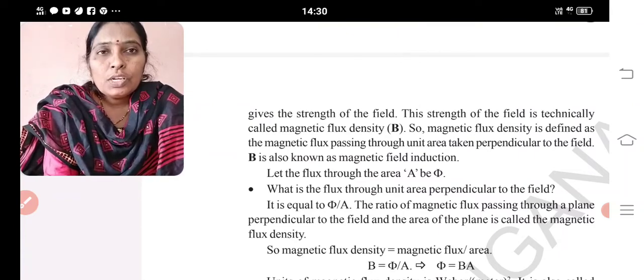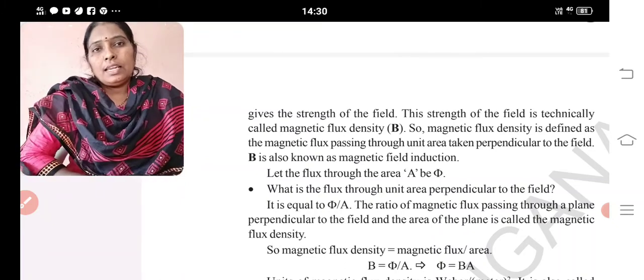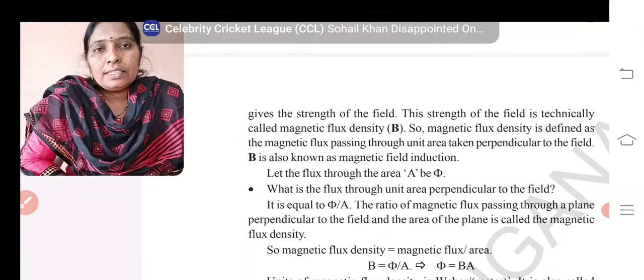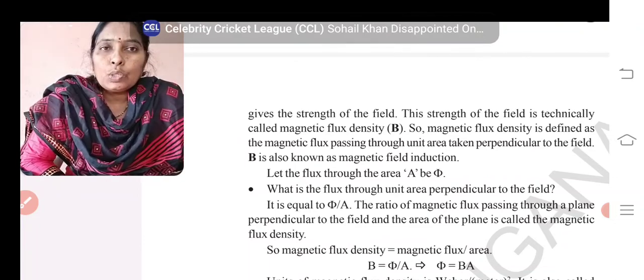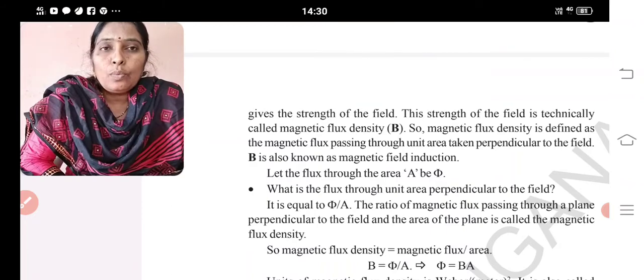See children, in this lesson we are going to discuss the relation between electricity and magnetism. Electricity and magnetism, electromagnetism. So first Oersted, what he did, he took a thermocol sheet and arranged two wooden sticks on it